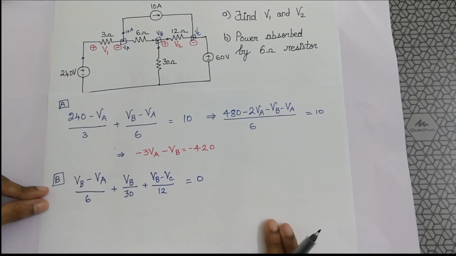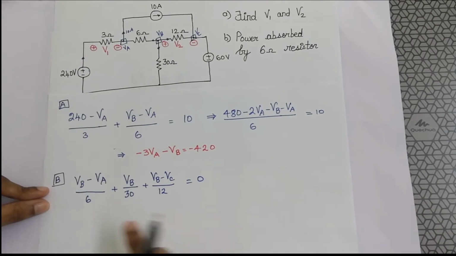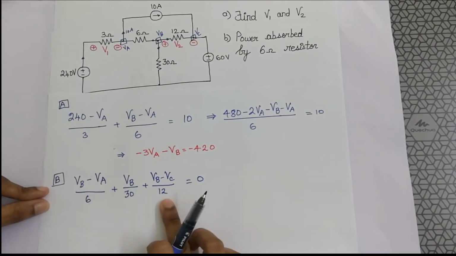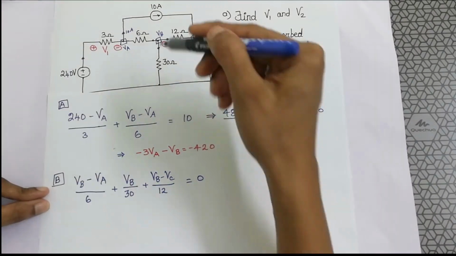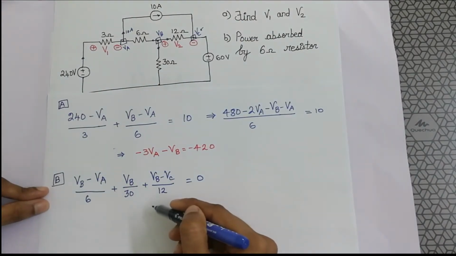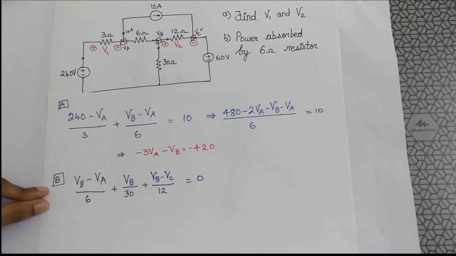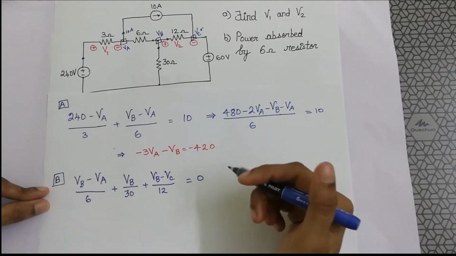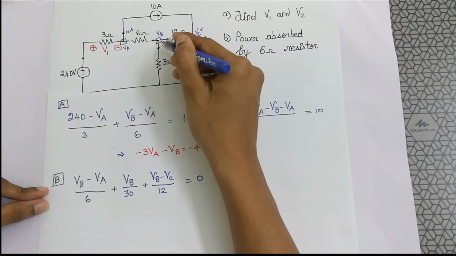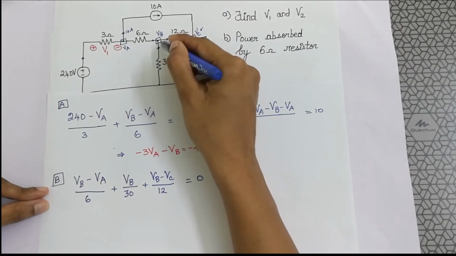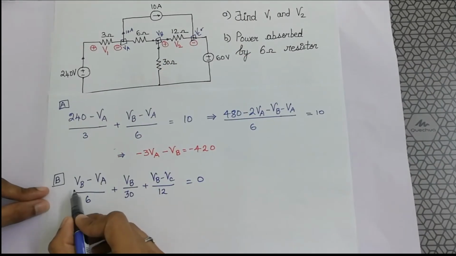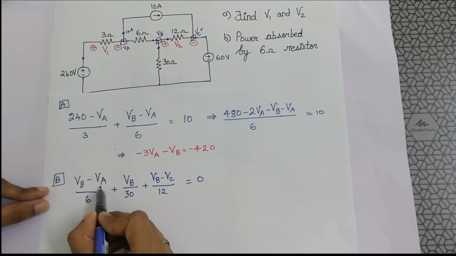However we are assuming the direction of current, it is not a problem actually, but we have to write the current equations according to our understanding of the current flow. The equations that we write should be coherent with the current direction that we are understanding or assuming. For example, if I say that I am assuming that VB has the highest potential, VB minus VA should be considered.